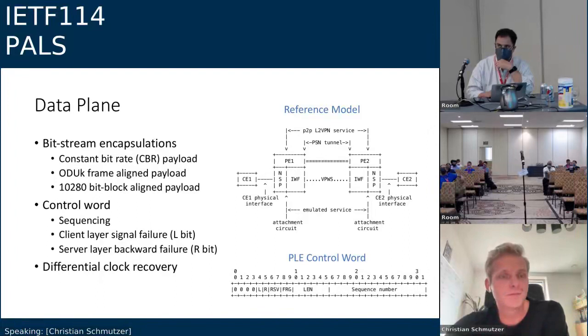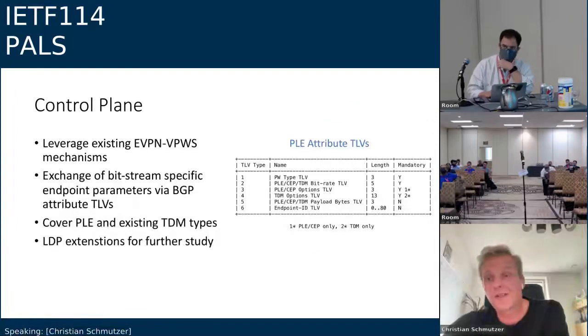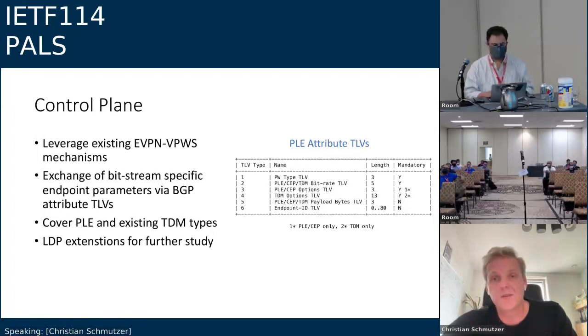Next slide. On the control plane side, with the second draft we are taking what has been done in the past, again expanding the scope and adding a few bits and pieces in terms of TLVs to signal the specifics of those new interface types that are now being emulated. But to a large extent, the approach is identical, and what we're proposing is essentially to adopt BGP instead of LDP. Next slide.